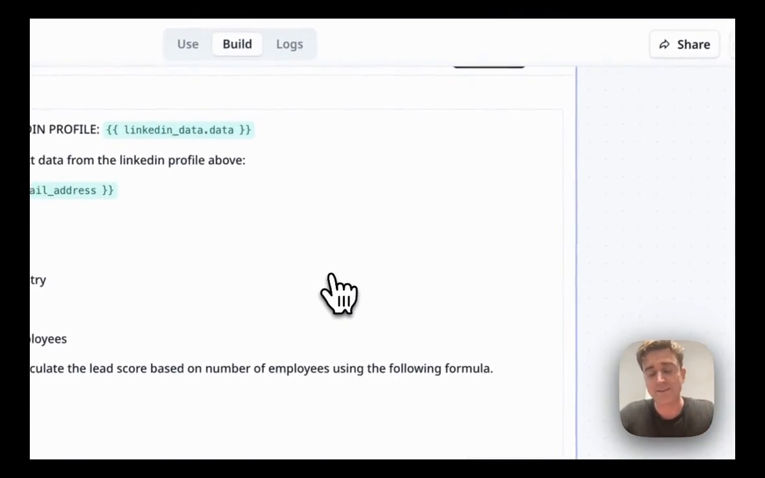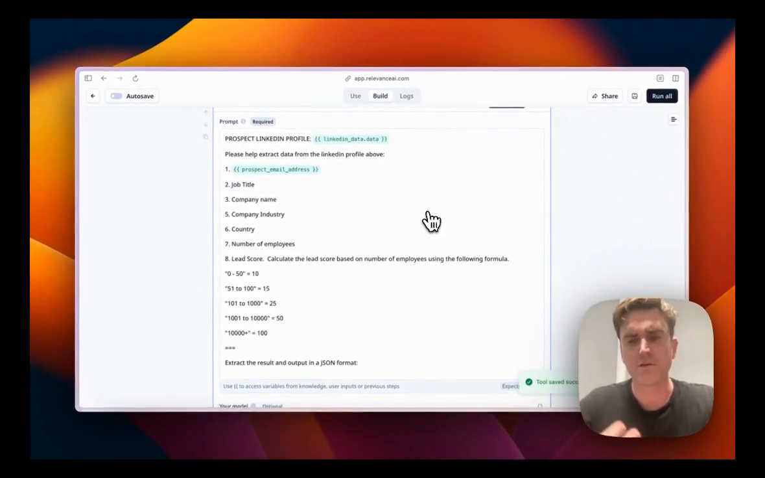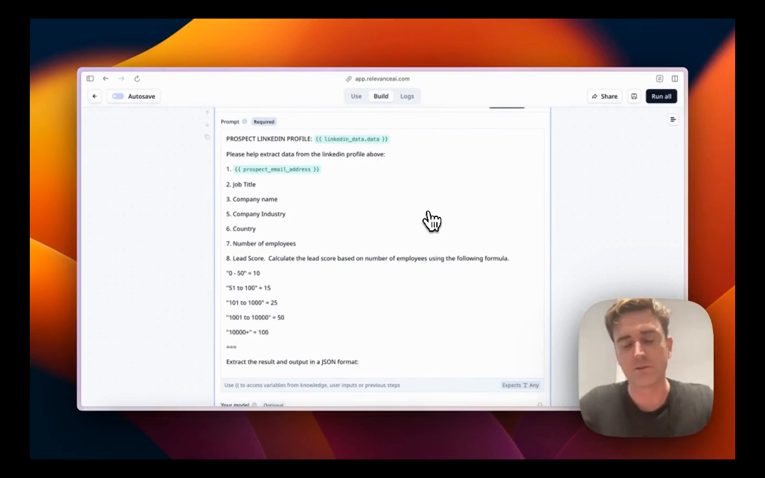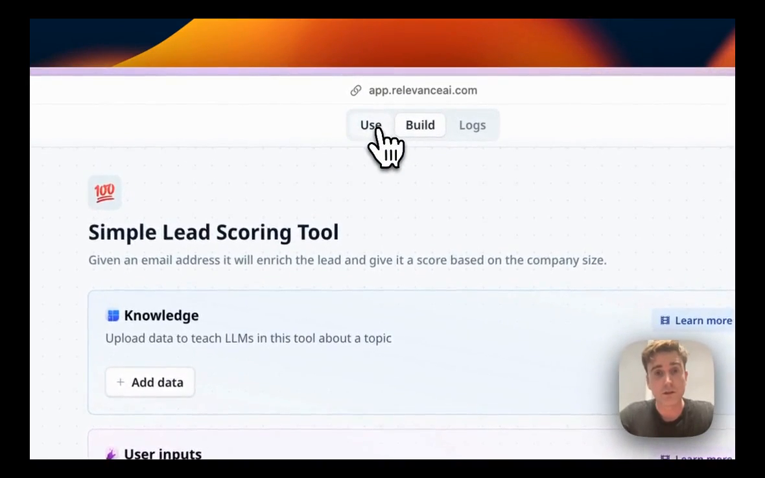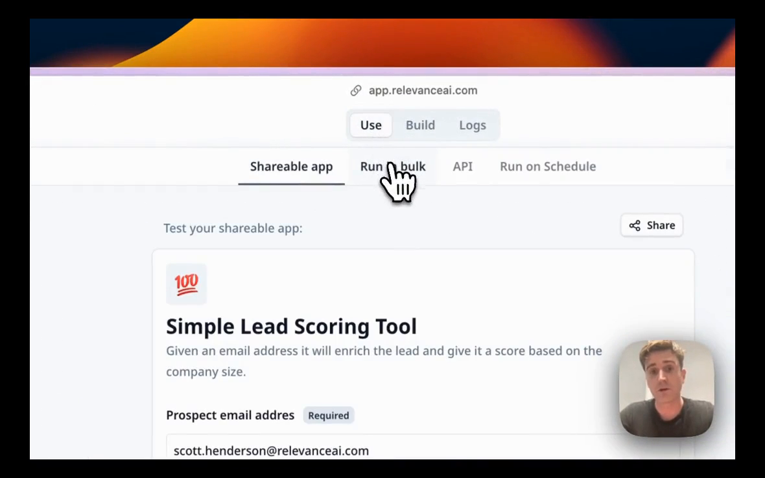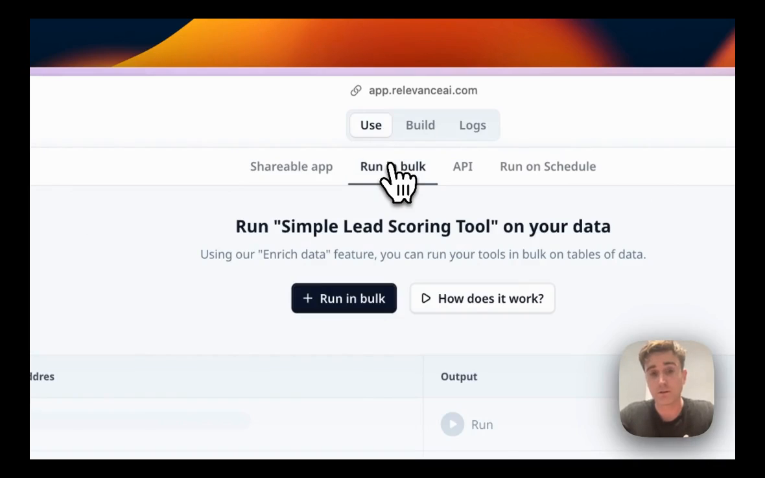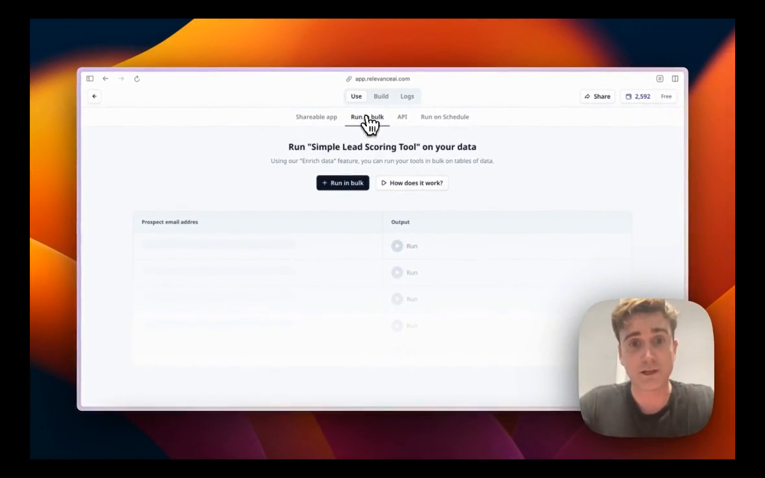So in reality, when you're doing lead scoring, you would never really do it one by one in terms of email address. Of course you can, but it's not real life. So what you can do with our tools is you can actually run them in bulk. If you click up to the top here and you click on use, and then you choose run in bulk, then we can get started. So all you do next is click run in bulk,